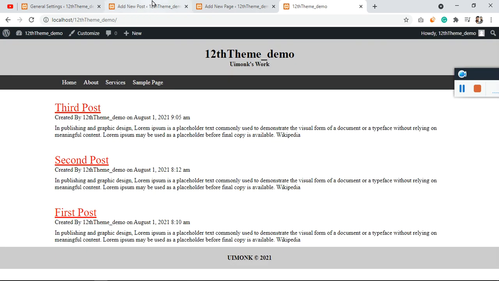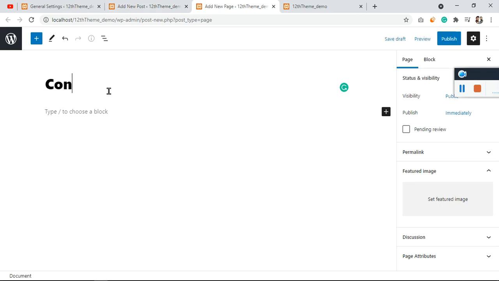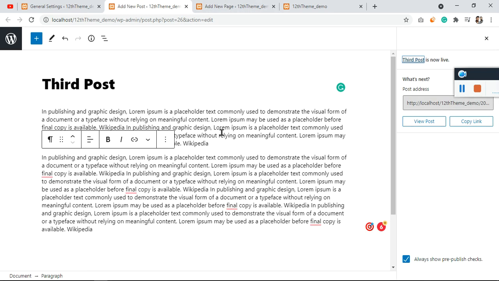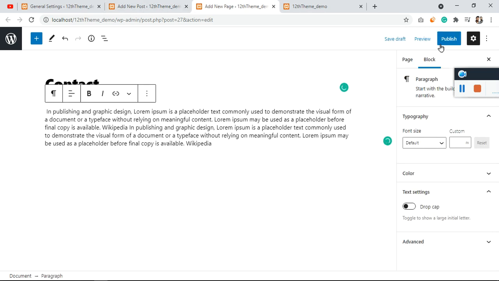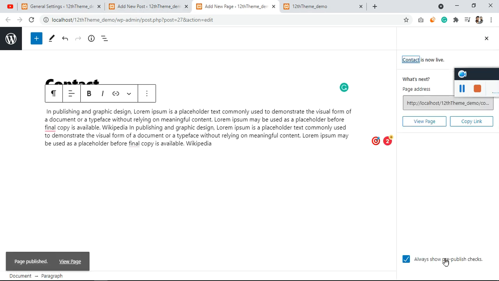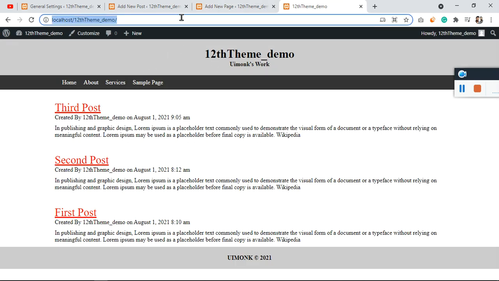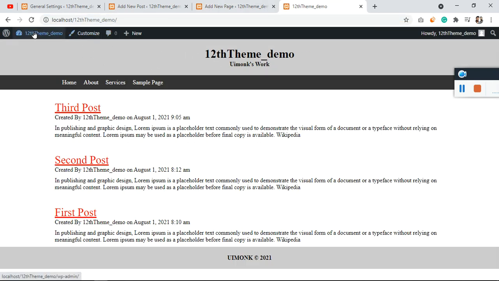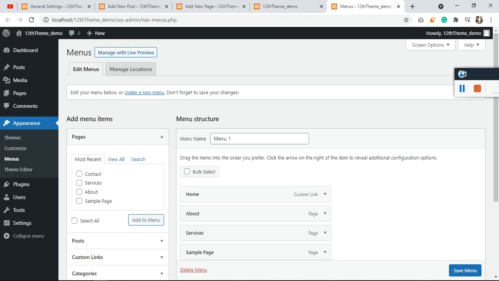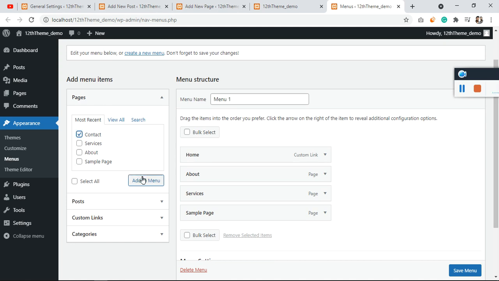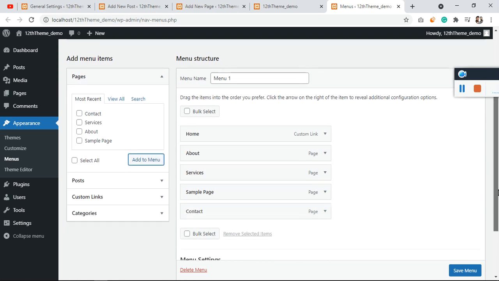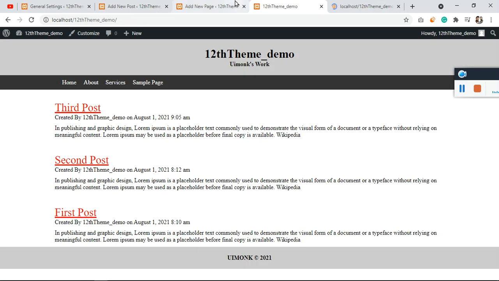Likewise, you can add pages as well. So let me add a page called contact and give some description and publish. And if you notice, the page does not have the feature called excerpt, and one more thing, the featured post image. Now let me add this contact into the menu and save it, and the menu is also dynamic. If I refresh, you can see the contact is available. Mistakenly we have created two contact pages. Fine, that is not an issue.